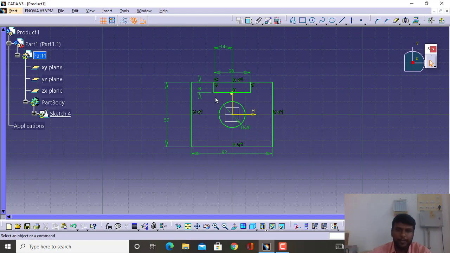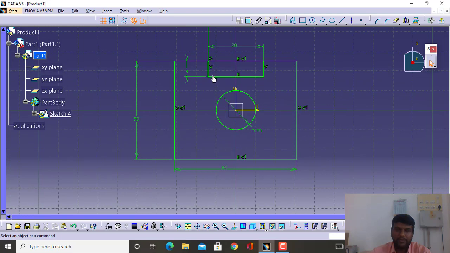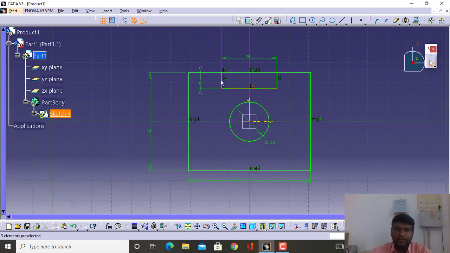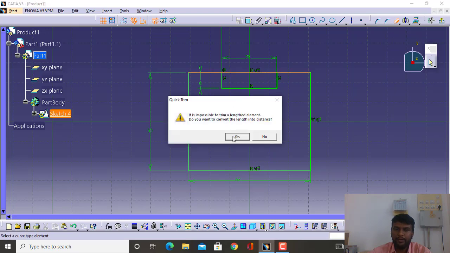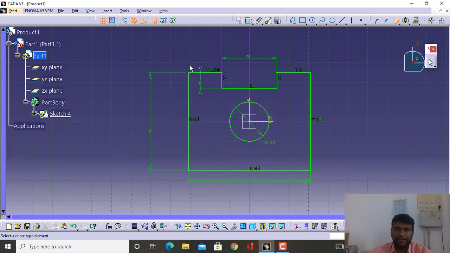a closed loop. Here one thing we can observe is that we have created two rectangles. The bigger one is the first, the smaller one is the second. Here two edges are intersecting. So you do one thing, we delete this one edge, double click on this tool, it is called quick trim, and we delete this edge. And one more time we need to delete it so that it should not be intersecting.